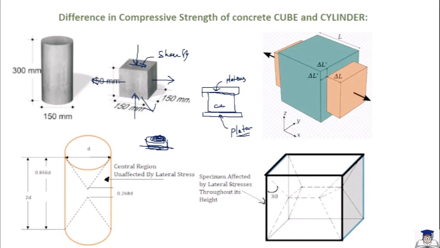In the same way, since these platens are confining the concrete from undergoing lateral expansion, as they stop the lateral expansion of this concrete specimen, they are actually confining it. So what happens is the cube is going to fail at a higher stress value, a higher load. The cube will be in a position to take more load before failing. But this is not what happens in the cylindrical specimen.